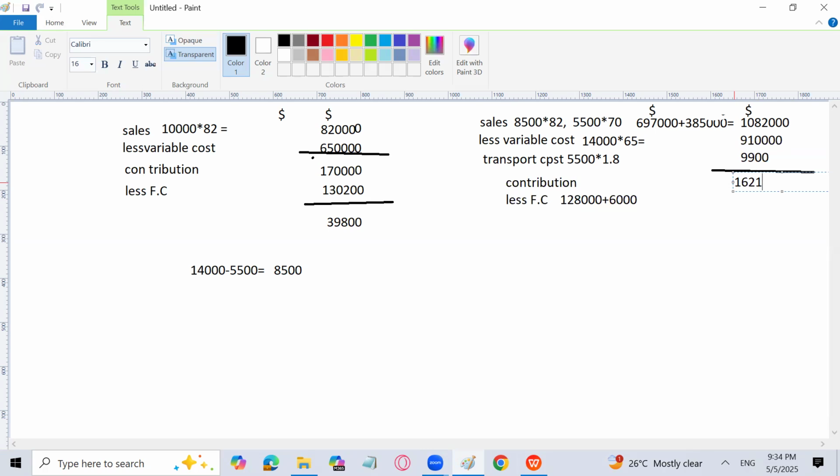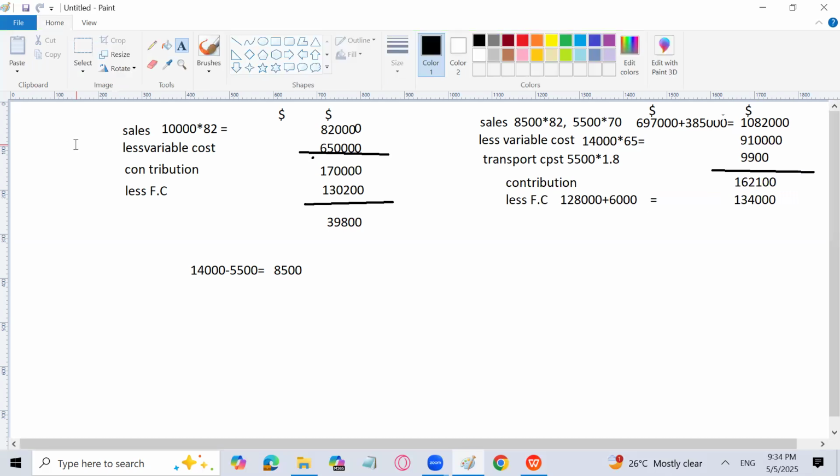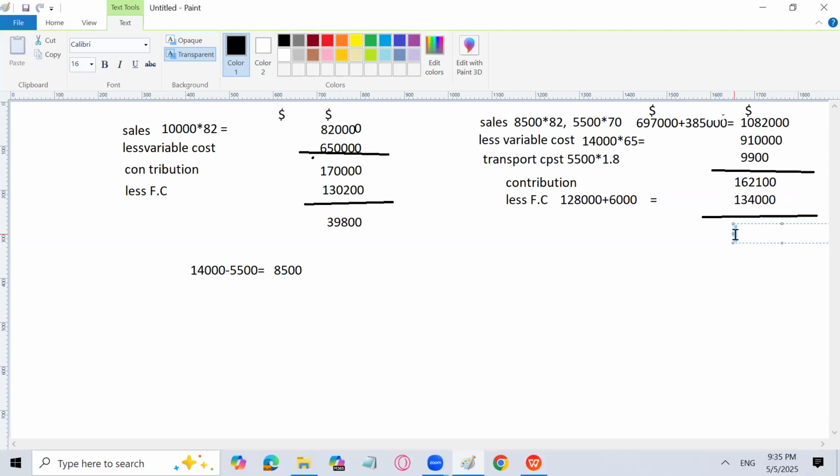162,100. And then our fixed cost is 128,000 plus 6,000, which is basically the storage cost we have to pay extra in order to store the units, and then the overseas supplier will purchase that at the end of August. So 134,000 is the fixed cost. So what is the profit now? 28,100. 28,100. So we can easily analyze that the profit from option A is much higher than option B by almost